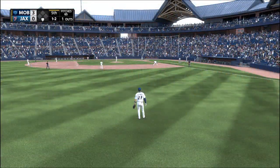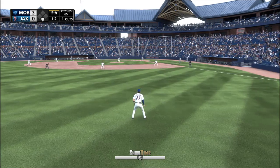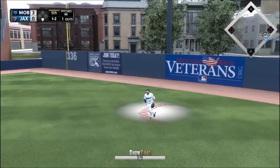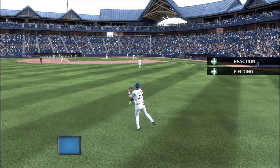Ready to take his hacks again, Francisco Ramirez, as he'll look to follow up the two-run homer he launched over the wall last time up. Hey, in the last at-bat when he hit that home run on an off-speed pitch, he didn't really crush it, but he certainly hit it well enough to drive it out of the ballpark. Buchanan is going to get...